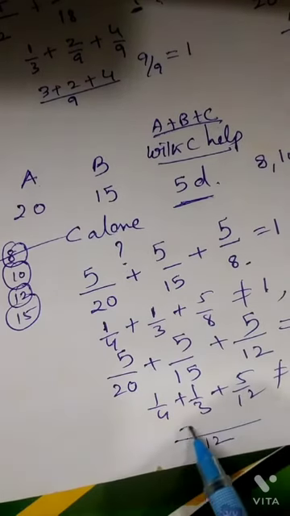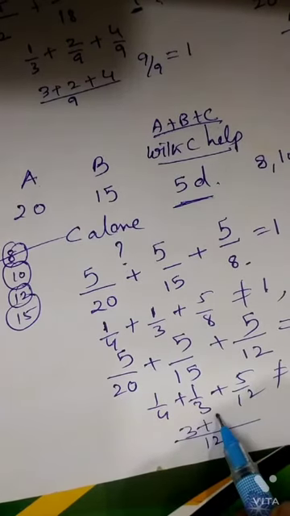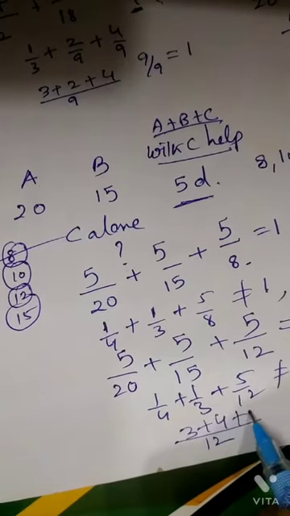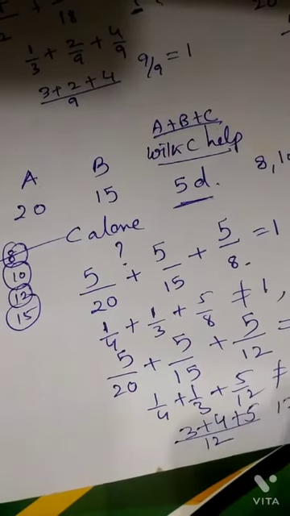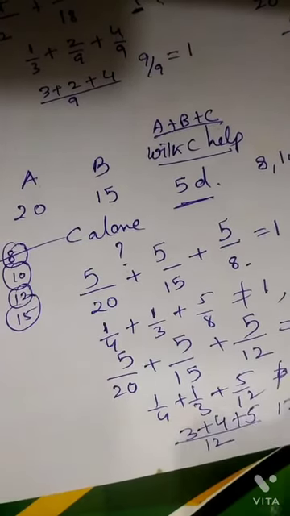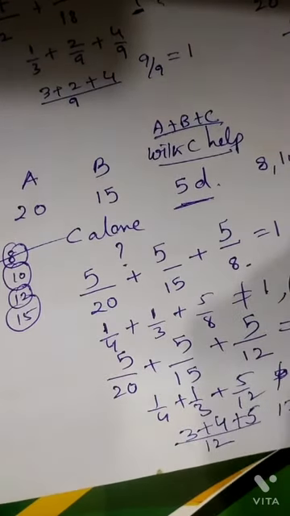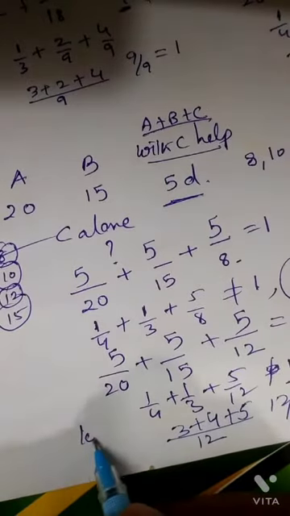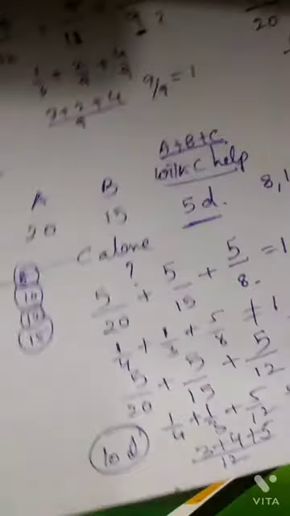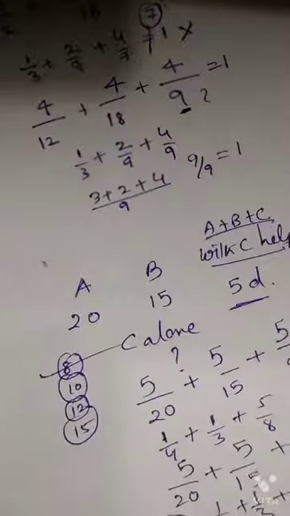Or 12, if we take, for 3, it is 3 fours plus 5. So it's 12 by 12, dear students. I'm sorry, it's equal to 1. Option 2, 10 days, is the right answer. Let us see one more question